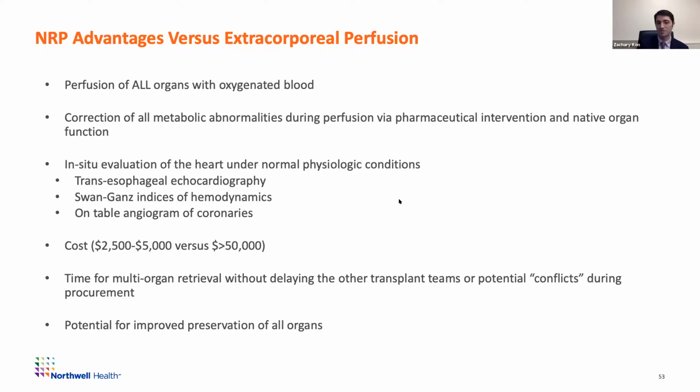And there's only one team until the patient is fully supported on bypass and being perfused and having normal function. And in fact, the heart team then scrubs out when the abdominal team scrubs in. So there's just quite a bit more collegial effort to help each other successfully procure organs. And this is not to say it can't be done professionally without NRP. I just think it lends itself to taking away a lot of the stress and frenzy associated with standard DCD procurements. And then again, I think there's a potential for improved preservation of all organs,